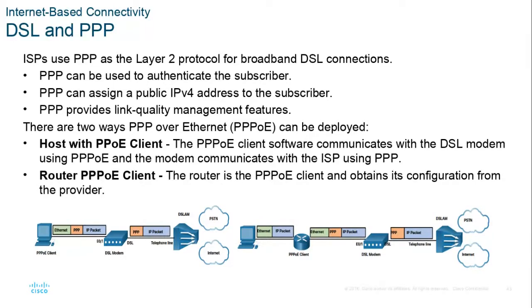This is not used by the modern, very high-speed DSL service that I now get, which is about 75 megabit. So there's no extra overhead of the conversion between Ethernet to PPP and back.